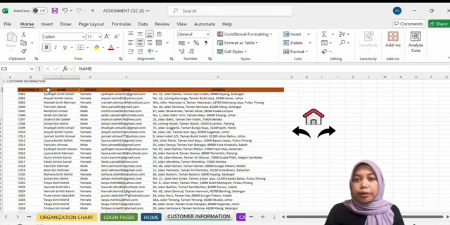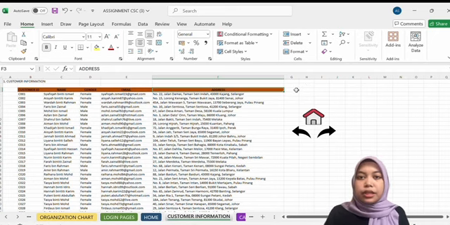The name column provides the full name of the customer, while the gender column indicates whether the customer is male or female. The email column contains valid email addresses, which are important for sending confirmations, invoices, and updates. Lastly, the address column shows the complete residential address of each customer, helping the company verify their location if necessary.